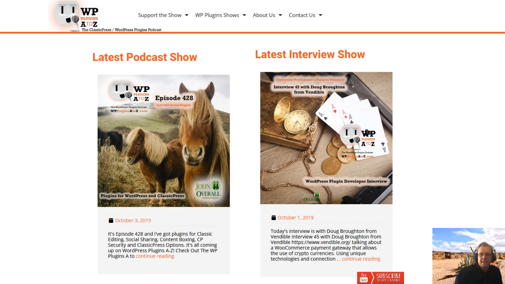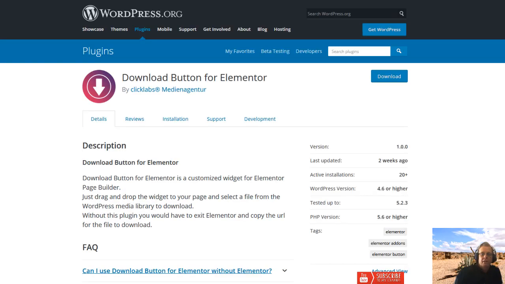Okay, next plugin I have for you is Download Button for Elementor. This is a nice, simple add-on plugin for Elementor. This one is only good if you use Elementor, which of course I do now. What it adds into the Elementor blocks for you is a button for downloading.